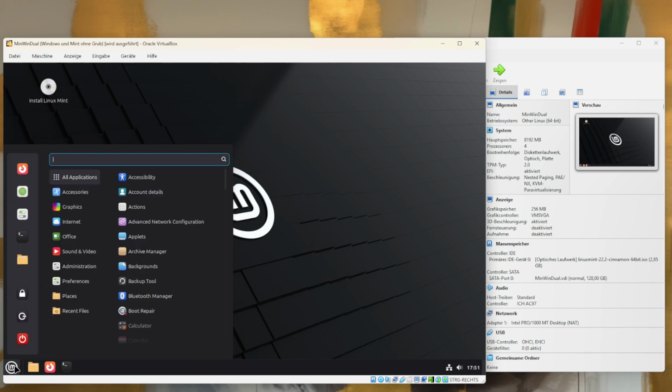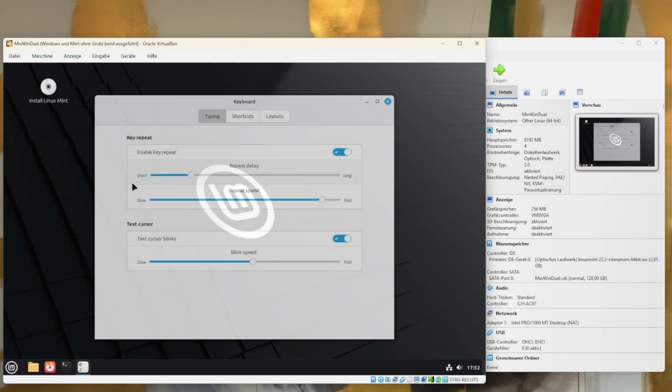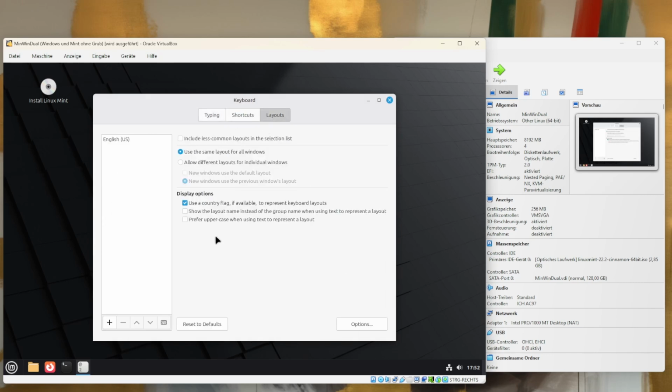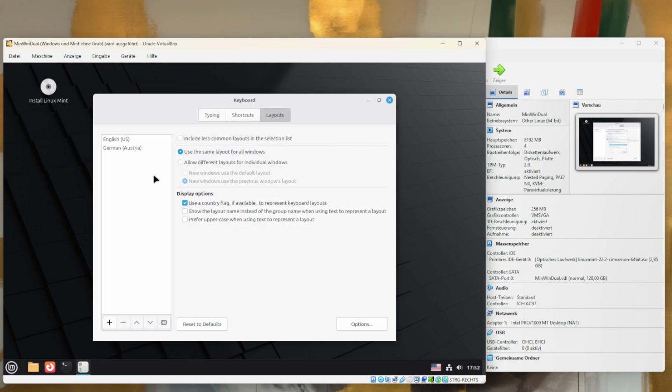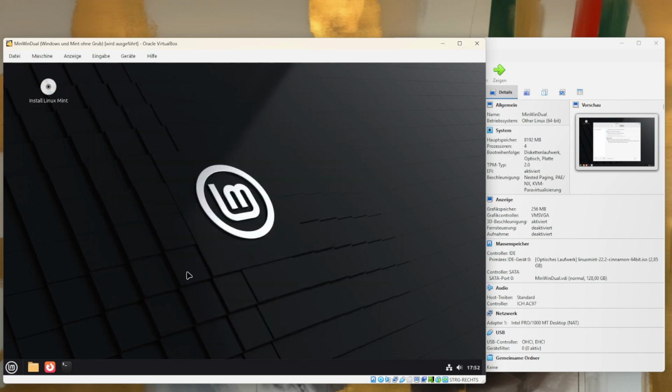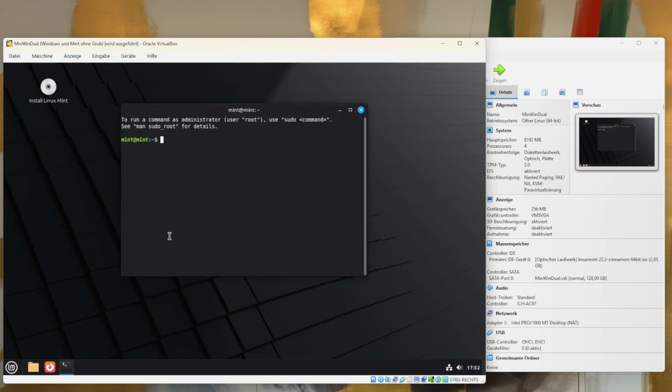The first thing I would like to do is to change the keyboard, because this is an English system, but I would like to use the German keyboard layout, because I have a German keyboard, of course. Okay, so the first step